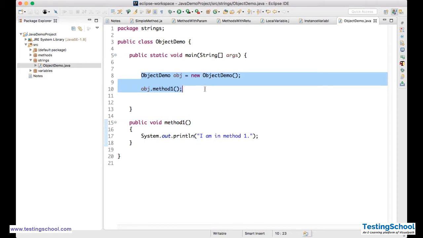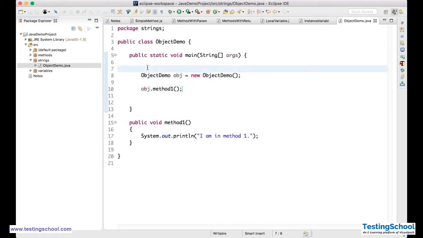This is another way of creating an object. The syntax is class name, some object name is equal to new class name.